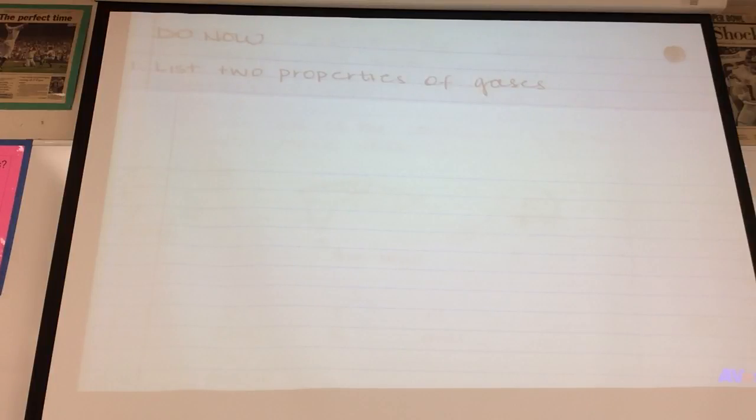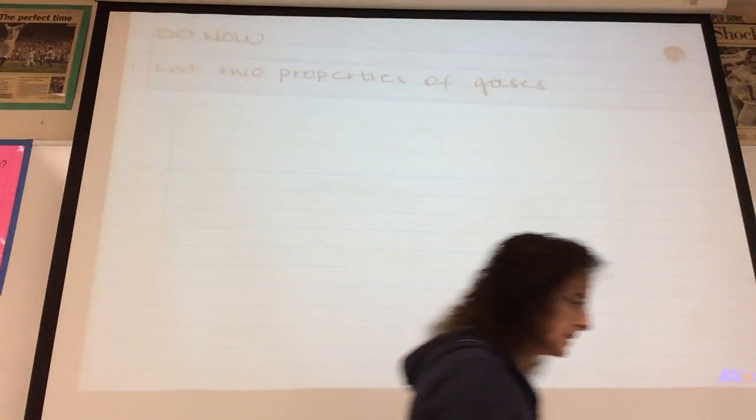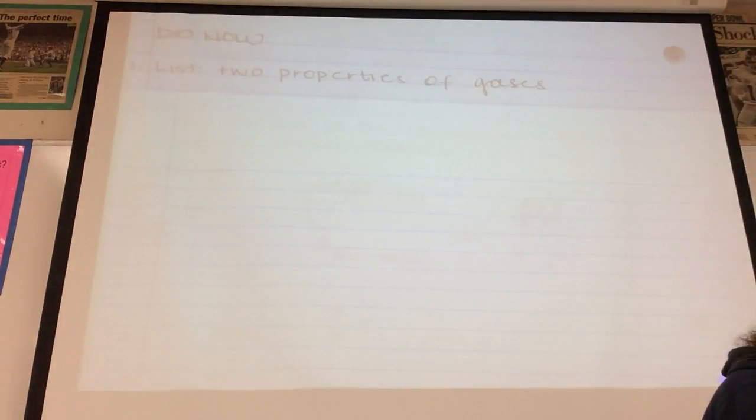Today we're going to review properties of gases as well as introduce some of the gas laws. Most of you have a very high level of understanding of stoichiometry, and we're going to link stoichiometry back to gas laws here. So the first thing that we want to do